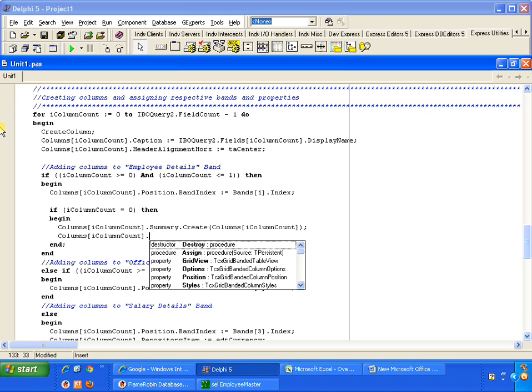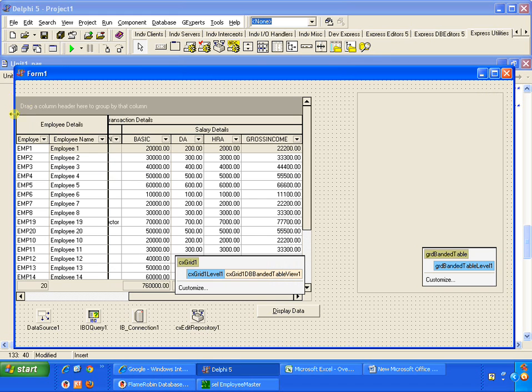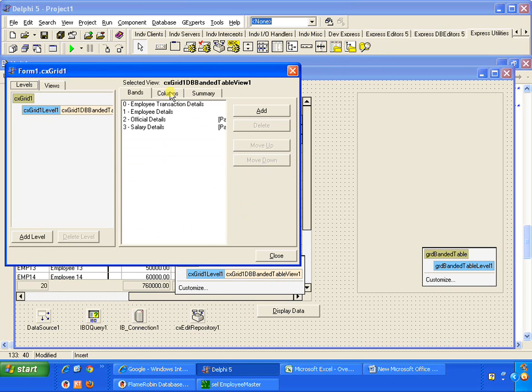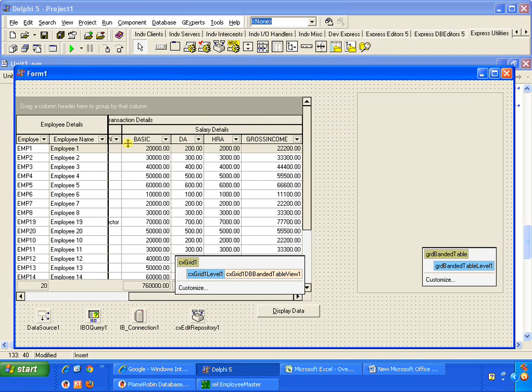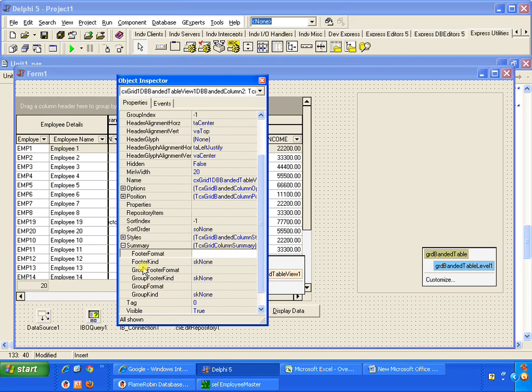That is the reason. If you say footer kind, what is the property for that column, sorry, and just press the F11 key. It's summary dot footer kind,